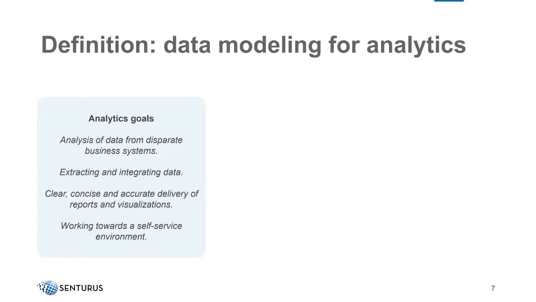Ultimately, our analytic goals depend on wanting to do analysis of data from disparate business systems, right? So a business is producing a bunch of data, and it could be maybe just a simple sales order business, which is producing data for sales and orders, but increasingly, a lot of our businesses are getting data from Internet of Things type of data. We're getting data from web APIs. We get data, of course, from our traditional ERP systems like Salesforce and Oracle,